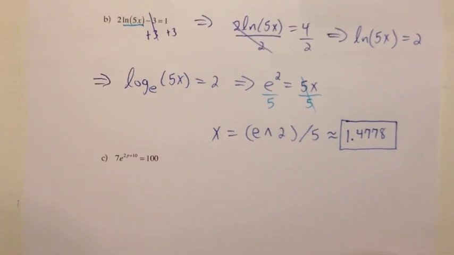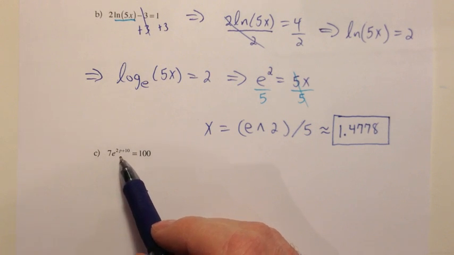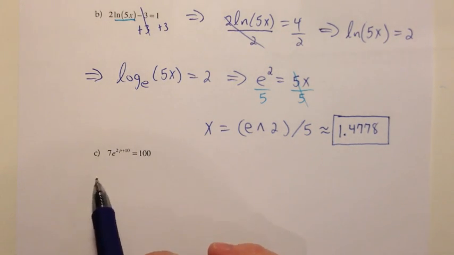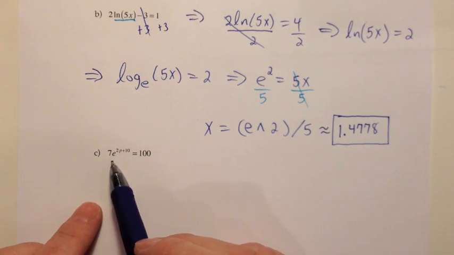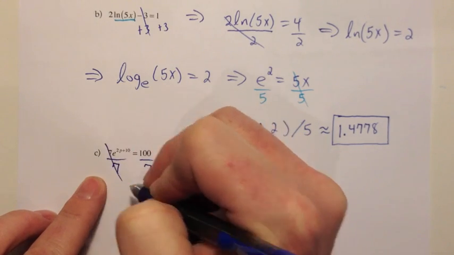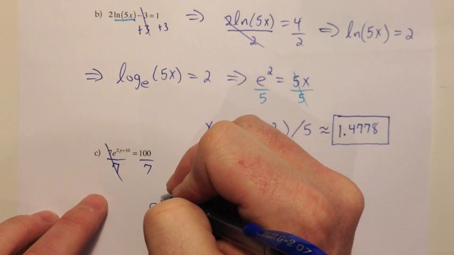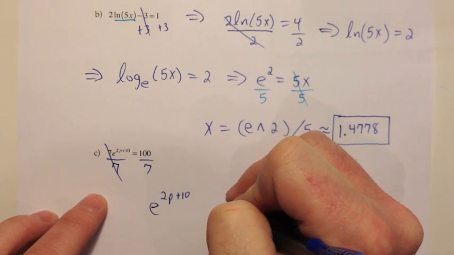Alright, let's look at another example. This time we have an exponential function like we did on the first one. So we want to try and get this exponent down, the variable down from the exponent. But to do that, you have to isolate the base first. So I got to get rid of this 7. It's connected to the base by multiplication, so I'll divide both sides by 7. Those cancel on the left. And I get e to the 2p plus 10 is equal to